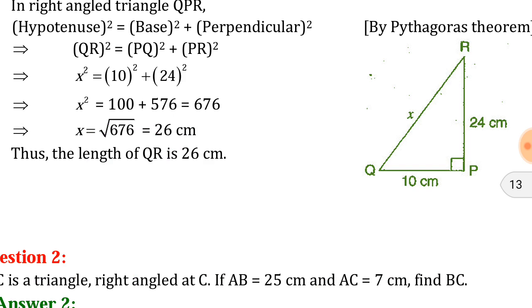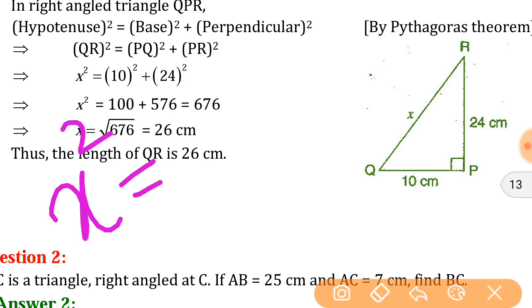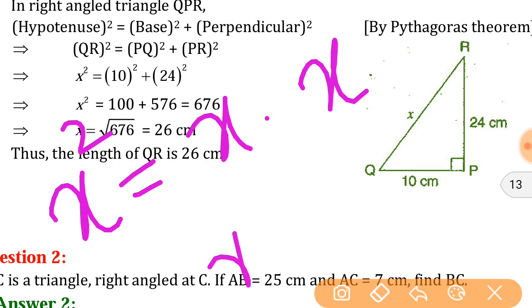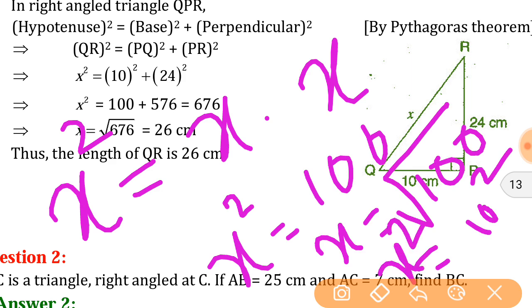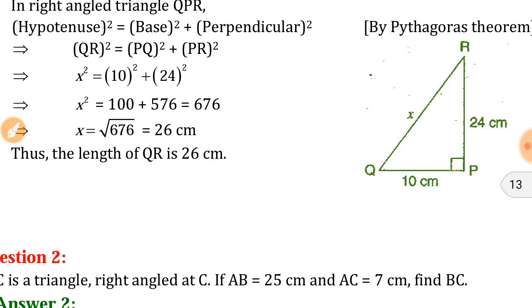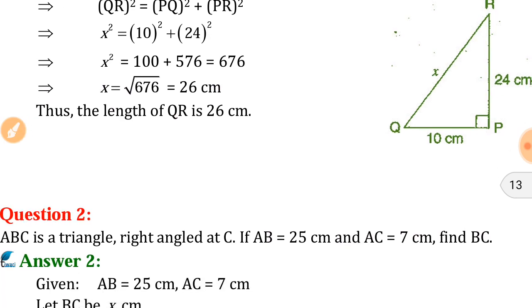See here, this x square is x into x. So if x square is 100, keep it in mind, x gives the square root of 100, meaning by which number multiplied twice you will get 100. So 100 is nothing but 10 square, isn't it? So x square is 10 square, and x value is 10. By which number multiplied twice will you get 676? 26 into 26 is 676. This square root and square, cube and cube root you will study in the higher classes.